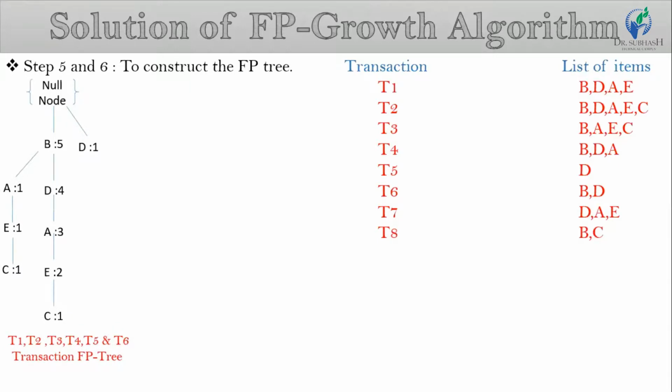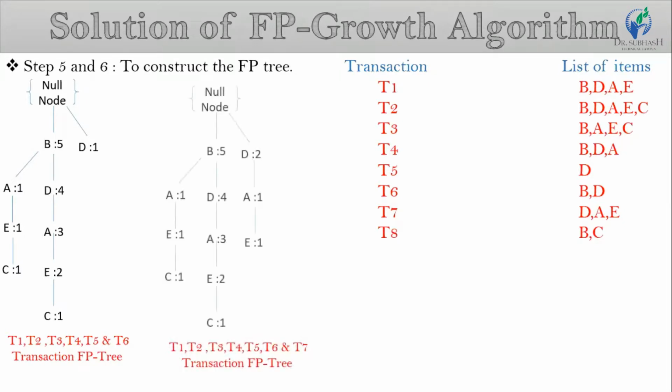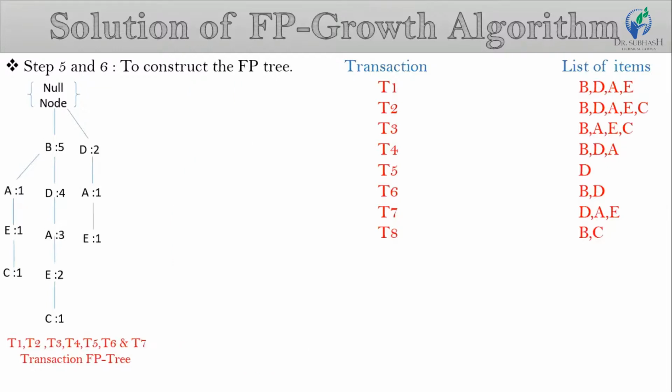Now in our seventh transaction we have attached two new nodes, A and E, to the D node, which is hanging on the null node. Then mark D, A, E as: D occurs 2 times, A occurs 1 time, and E occurs 1 time. Now, in our eighth transaction,